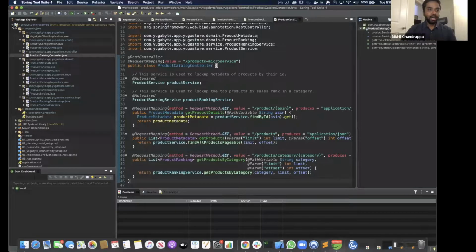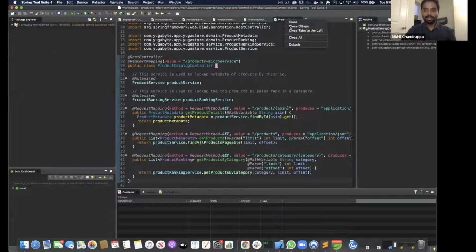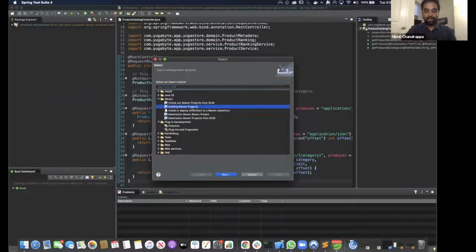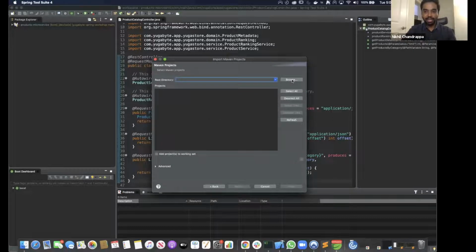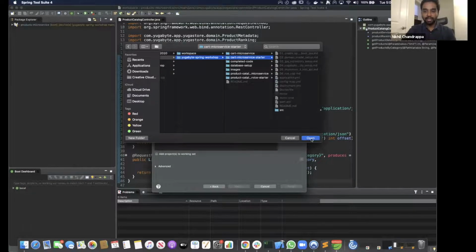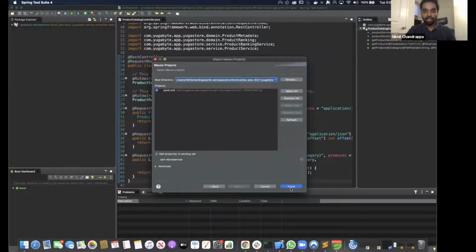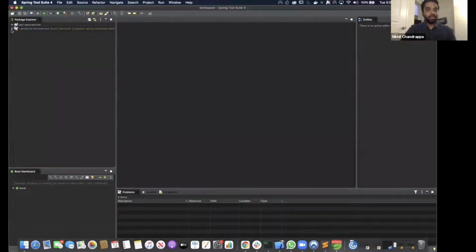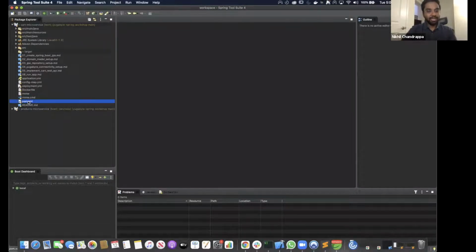Let me go to my IDE. Let me close all these other files that we have. Let's go ahead and import one of the cart starter projects. If you've already cloned this repository, you would see that already available on your file system. I'll select cart microservice starter, click open, and import. Similar to the product microservice, the first thing you want to look at is the dependencies that we need